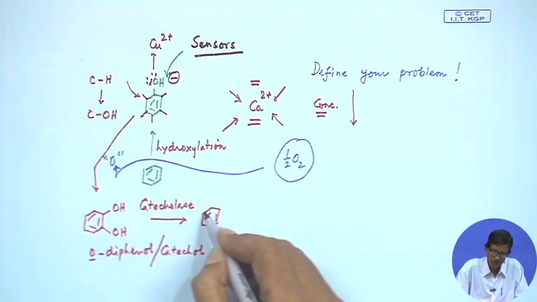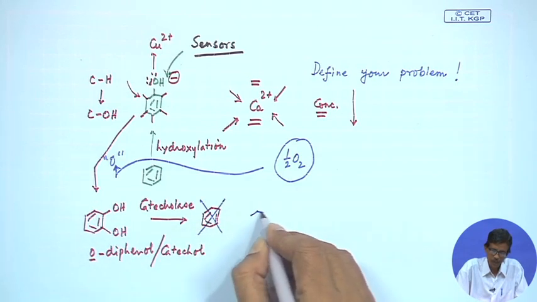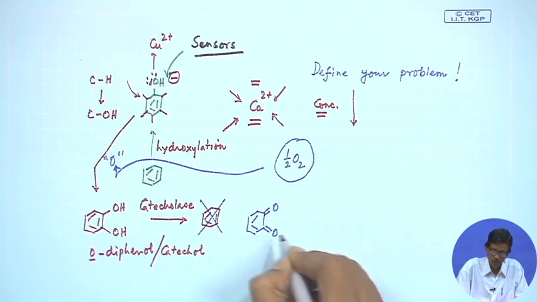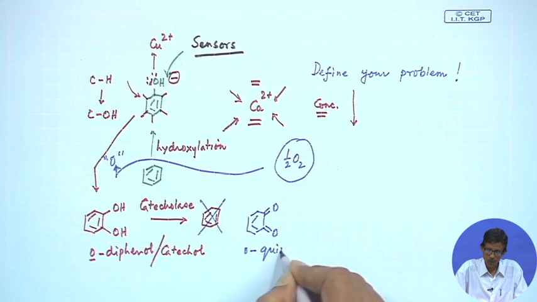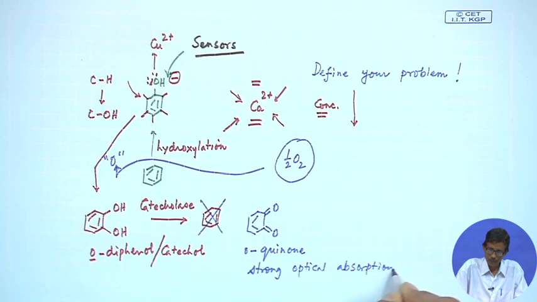Now, what will happen on this? This will not go for any other third oxygen insertion, but it can go for its typical oxidation to its orthobenzoquinone. So, it is an orthoquinone or benzoquinone we call, and it can show a strong optical absorption. So, the darkening of the color and the strong optical absorption you can measure, and you can find that there is a corresponding reaction for this particular one. So, this particular reaction can take place.